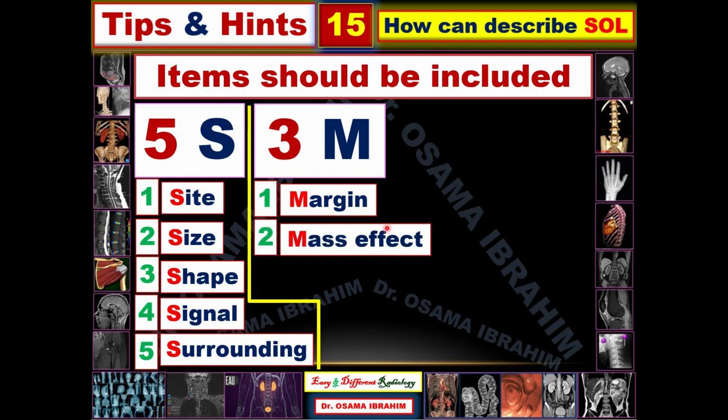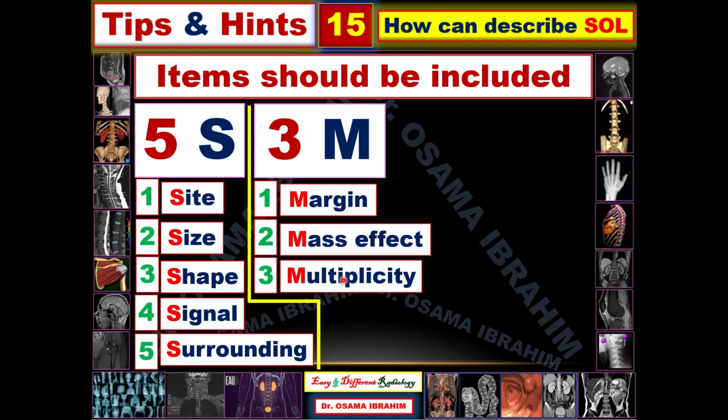Also the mass effect of the lesion, whether the lesion is causing a mass effect or no mass effect, for example in the form of subfalcine herniation in a brain space occupying lesion. Multiplicity of the lesions is the third M. It is very important also because multiplicity can refer to metastasis or multiple inflammatory changes,